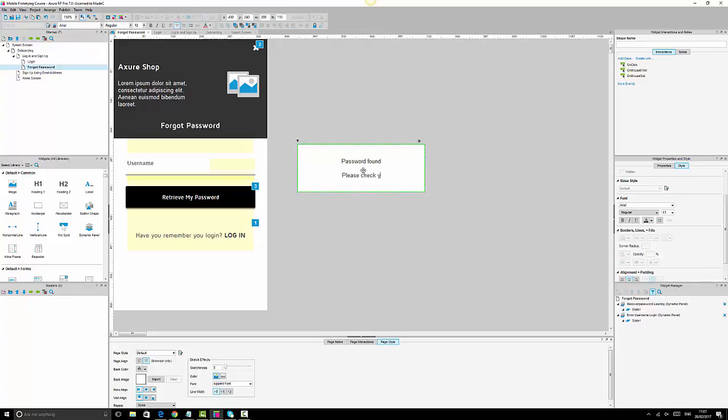Please check your email, which will be jamesorio@gmail.com, to change your password. So what we're saying is that the password has been found. The user can check their email address, and then they can change the password. So we just want to make sure that this all, we can just